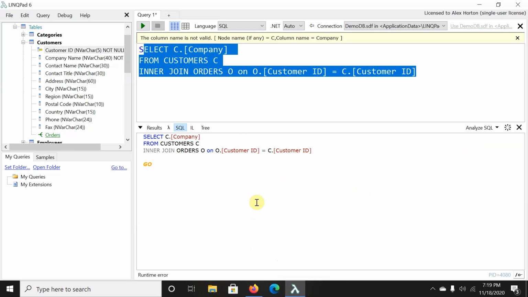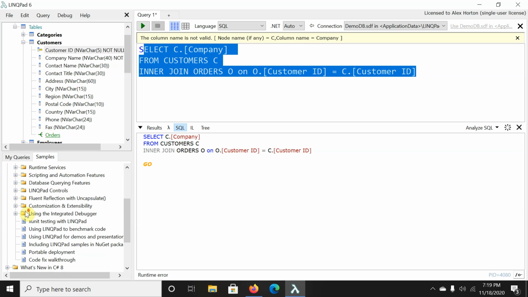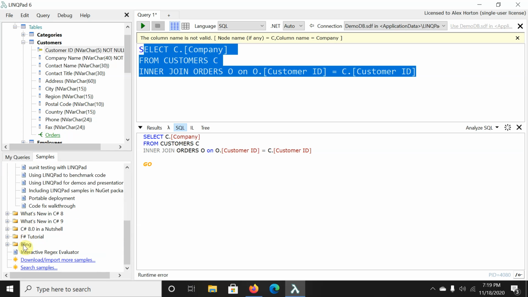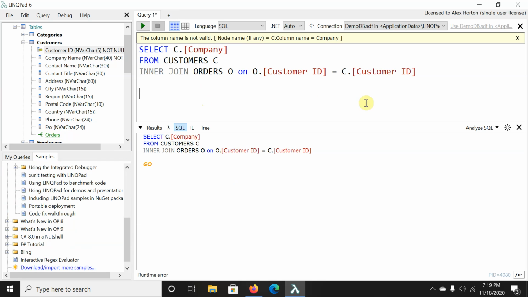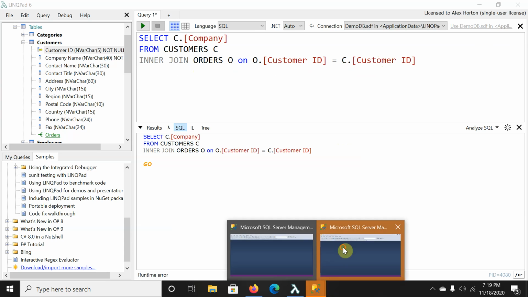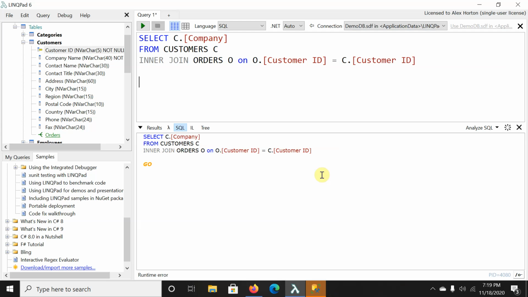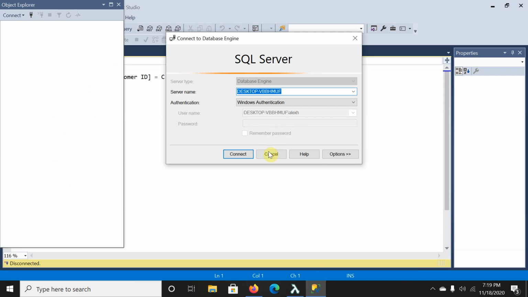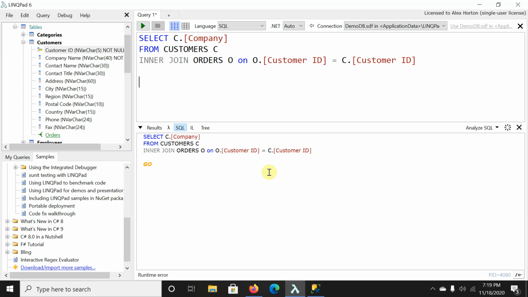While that's doing that, I'll show you some other stuff here. Down here in the samples, you can come down here and it will tell you how to do queries and everything in LINQPad as well. Now, I'm going to be honest with you, I don't use LINQPad for a lot of SQL, but what I do,